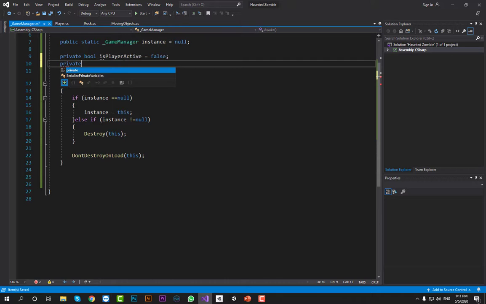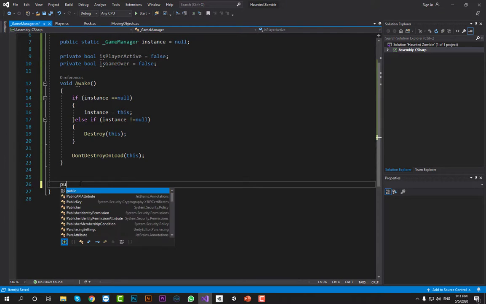The second variable is private bool isGameOver, by default false. Now I will create two functions because I don't want the values of these two variables to be changed directly by any class.